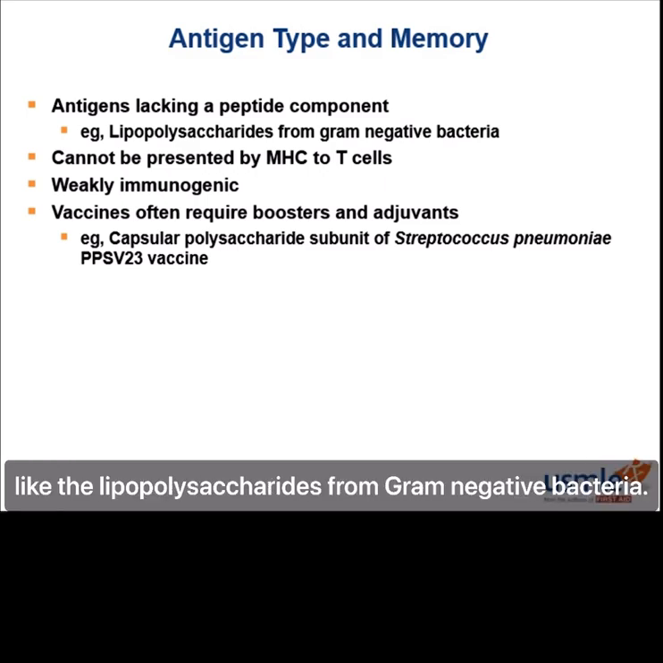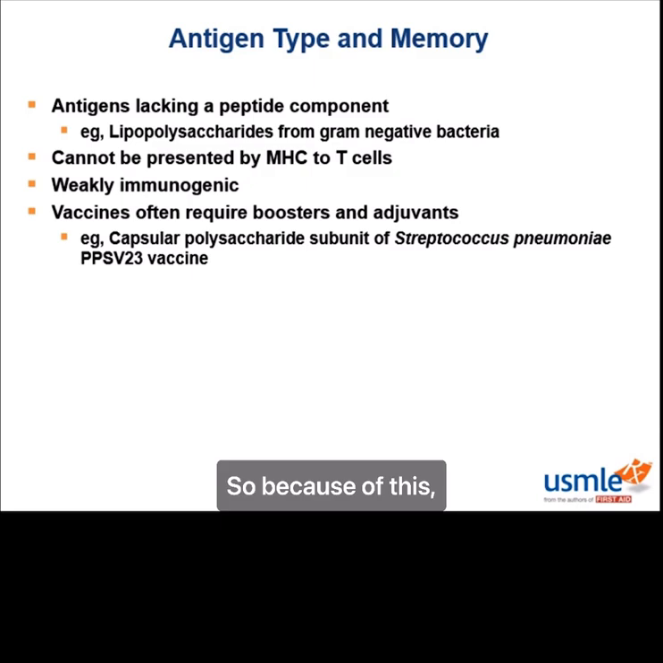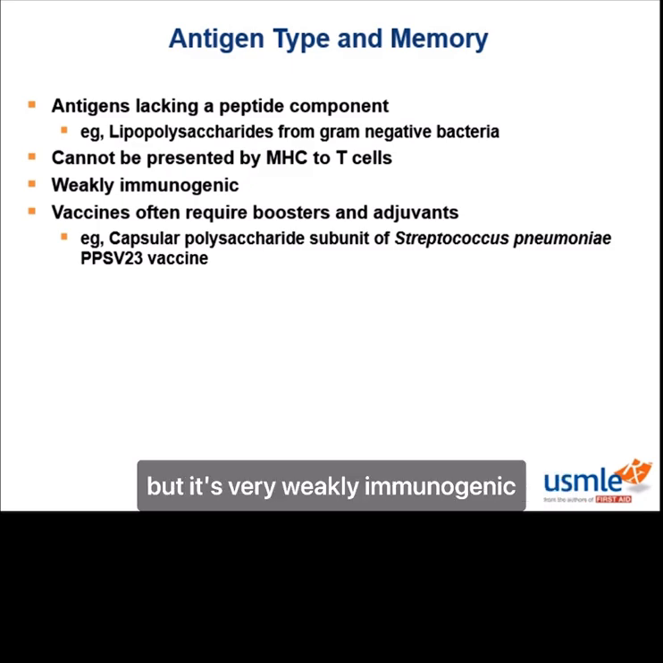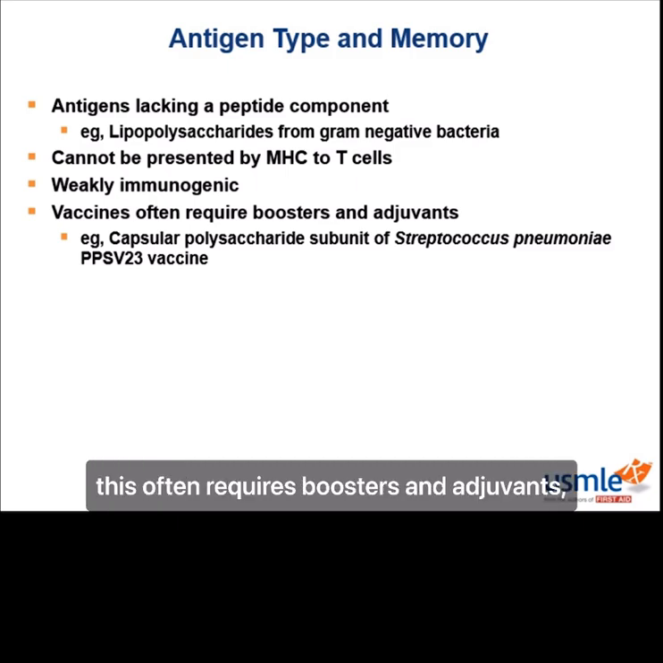Now, thymus-independent antigens, on the other hand, they don't have a peptide component, like the lipopolysaccharides from gram-negative bacteria. So because of this, they can't be presented by MHC to T cells. They still create an immunologic response, but it's very weakly immunogenic, and it doesn't lead to memory. These antigens are only able to stimulate the release of IgM. The vaccines based on this concept often require boosters and adjuvants,